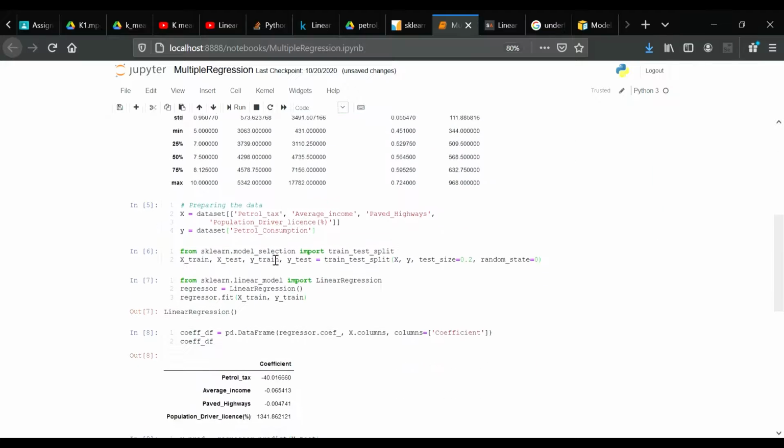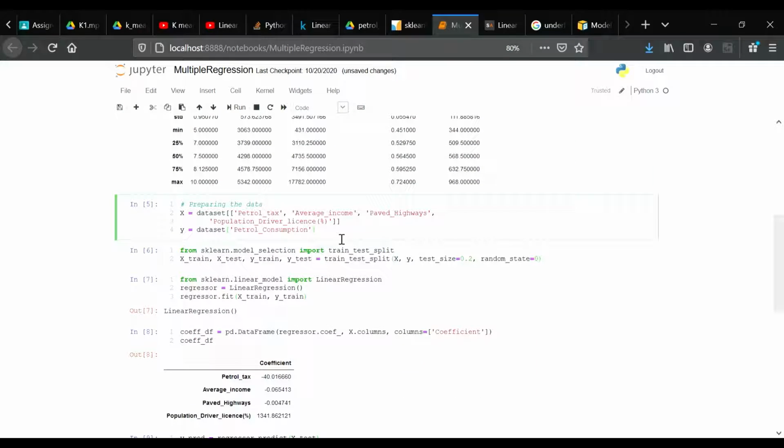Now we will come to the second step, that is preparing the data. The next step is to divide the data into attributes and labels as we did previously. However, unlike last time, this time we are going to use column names for creating an attribute set and label set. We execute the following script. Then we execute the following command to divide our data into the training and test sets.